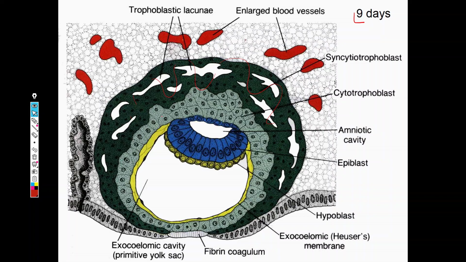And cytotrophoblast over here under syncytium, this light green color, these are just normal cells that are dividing and making syncytial trophoblast. So cytotrophoblast develops into syncytial trophoblast gradually. In the syncytial trophoblast, lacunae begin to appear. Lacunae, these spaces over here, which are empty right now, or not so empty, because